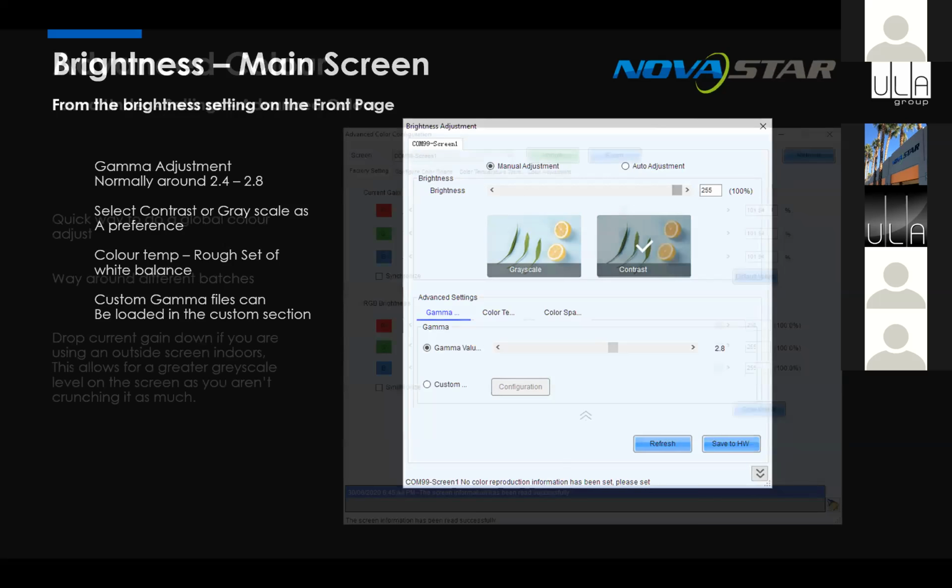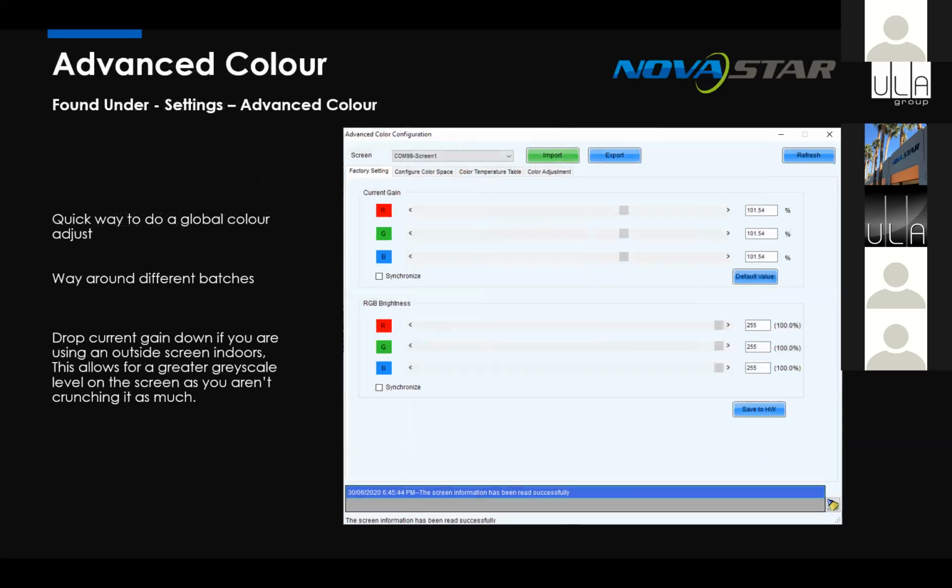Another little handy feature is if you go under settings and advanced color. There's two parts to this screen, and once again, it depends. Some screens won't let you change the current gain, some will, but this is a really quick way to try and color match different sources, different screens. And this is another quick way if you've got two different batches and you're trying to tweak them. I use this when I'm doing multi-batches. If I've got a customer that's got different batches,